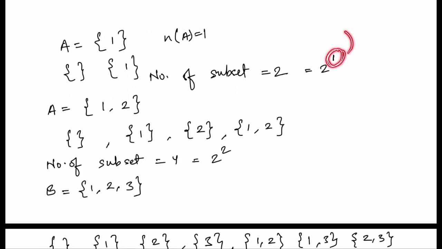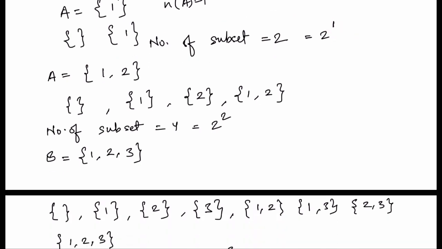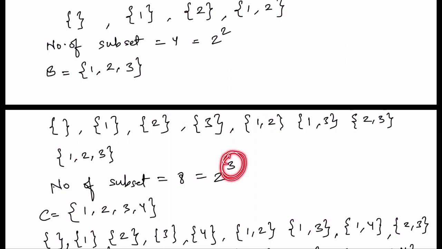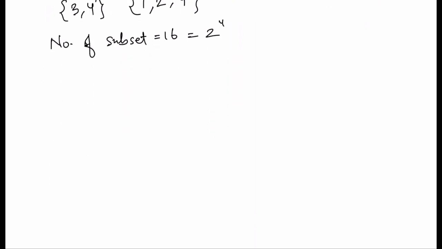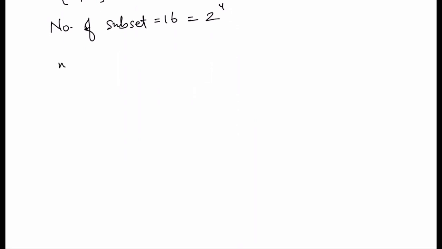This exponent is basically the number of elements in the set, in each case. So we can formulate that if the number of elements in the set is, for example, let's say p, the number of elements in any set is p, then we can write that the number of subsets